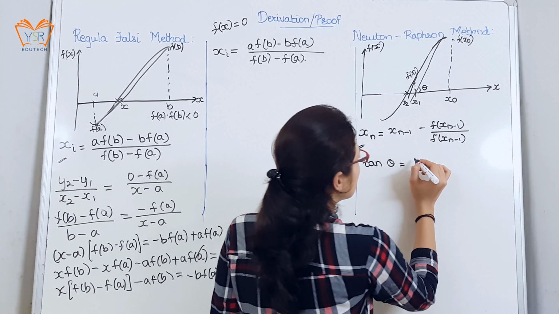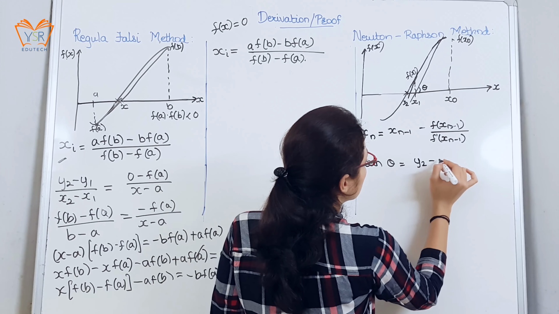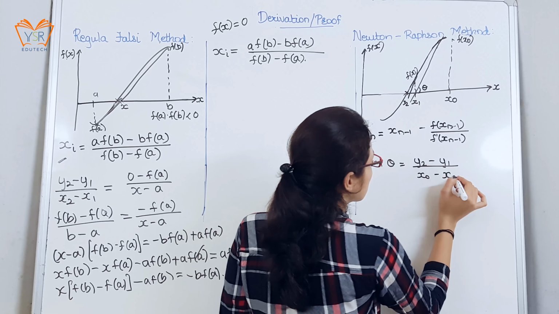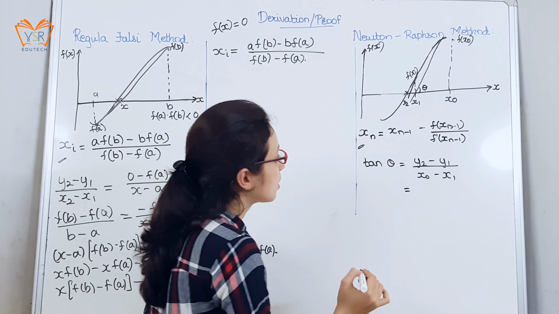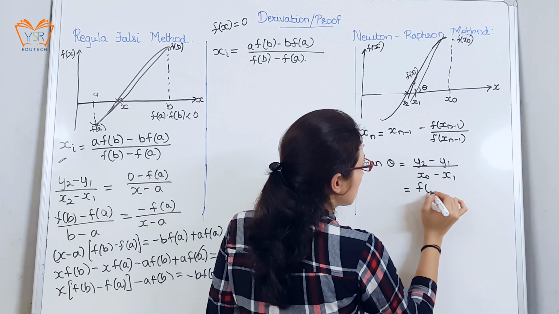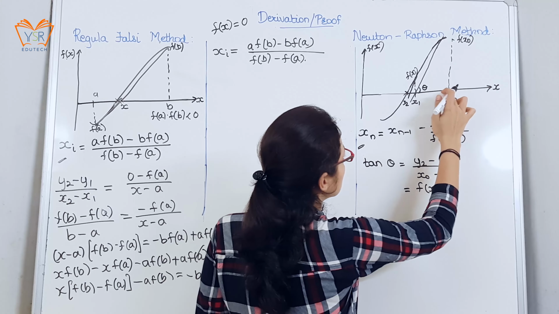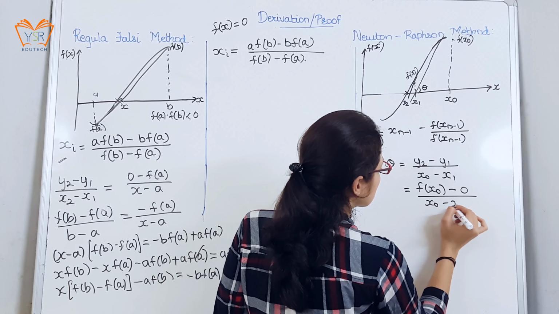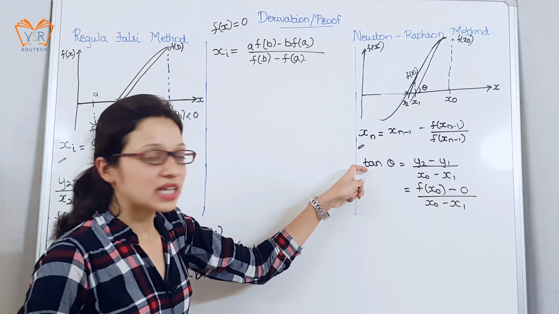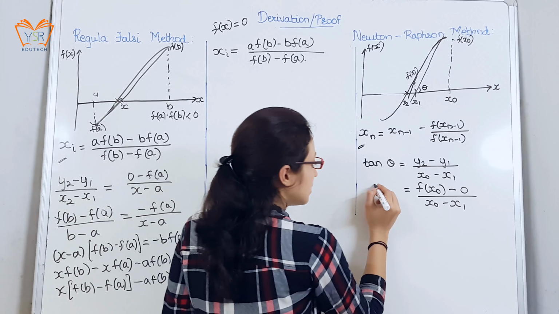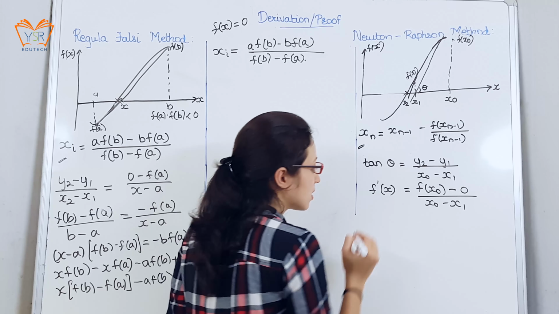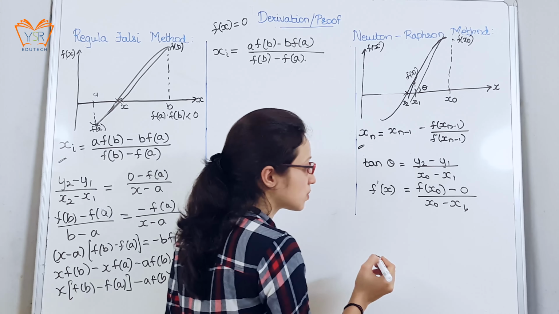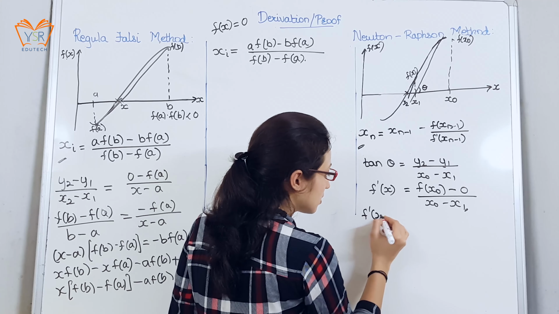So here we can write (y2 minus y1) divided by (x0 minus x1). y2 is nothing but f(x naught) minus y1, which is 0, over (x0 minus x1), and we know that tan theta is nothing but the derivative, so we can write f dash of x. So here we'll find the value of x1, so we can write